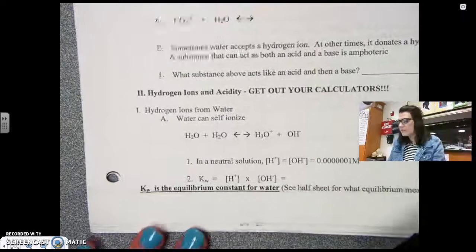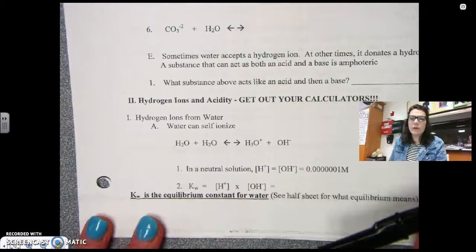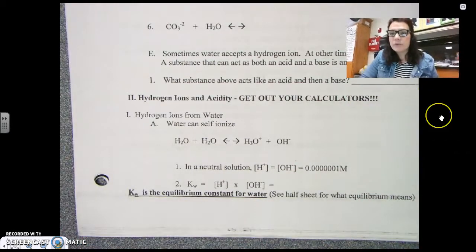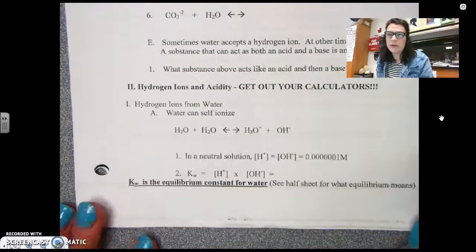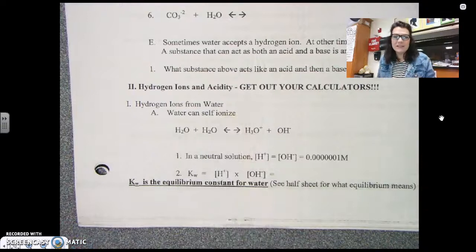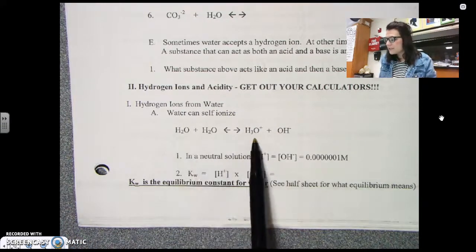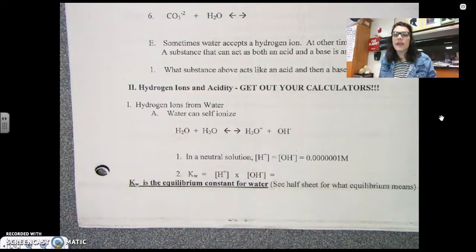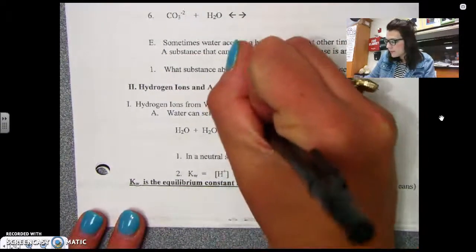You'll notice from those examples that water can act like an acid or a base. And this is very important when we start talking about how do we calculate pH. Okay? So water can do this thing called self-ionize. And since we know what ionization means now, what that basically is saying is that water will split up into these two ions. H3O plus, which sometimes we write as H plus,